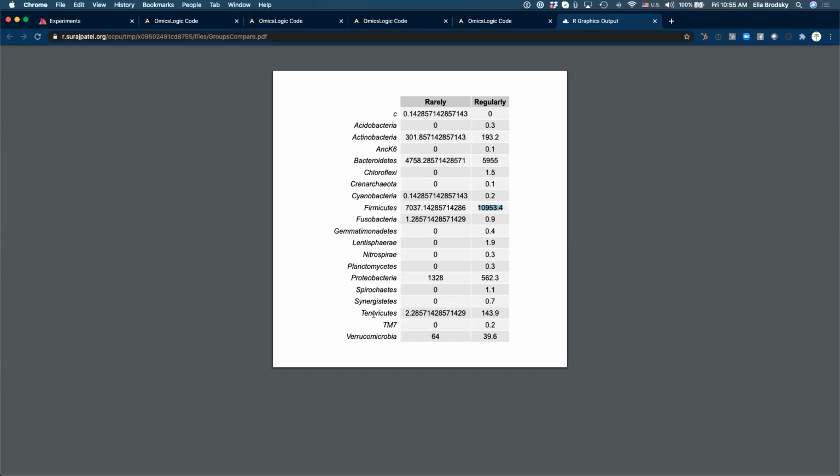And here you can see, for example, tenericutes, it's 2 versus 143. So what are these tenericutes?